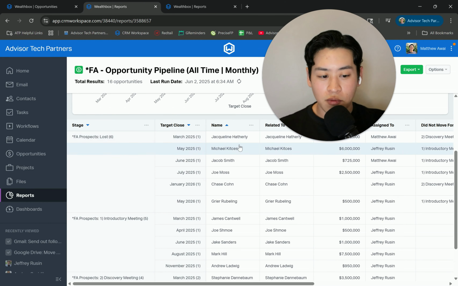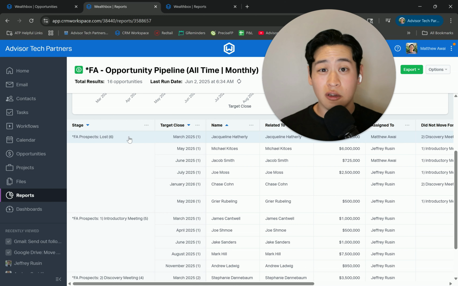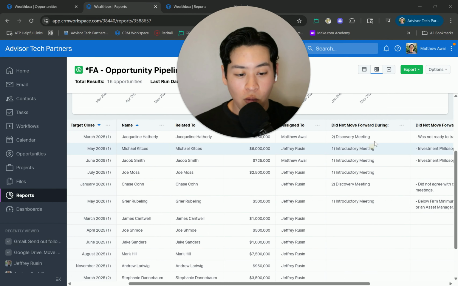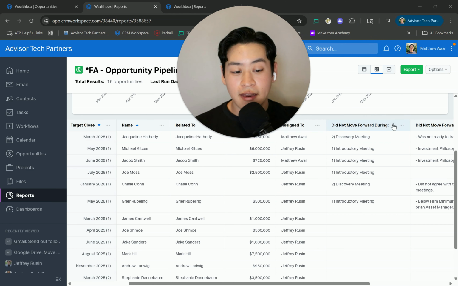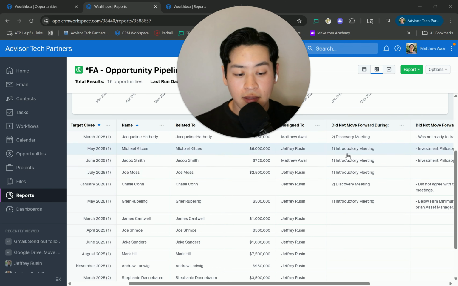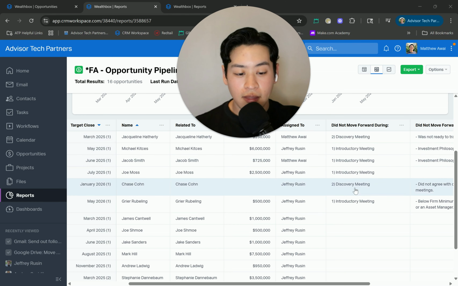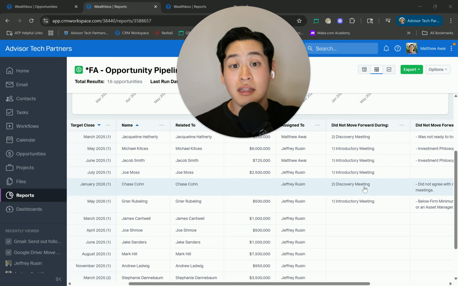To give you that example, if we are trying to track the information of all of the opportunities in our pipeline that were just closed lost, I can now represent why or where they did not move forward. I can show in the data here that we have about 3 that fell off during the introductory phase, or actually 4, and then I have 2 that fell off during the